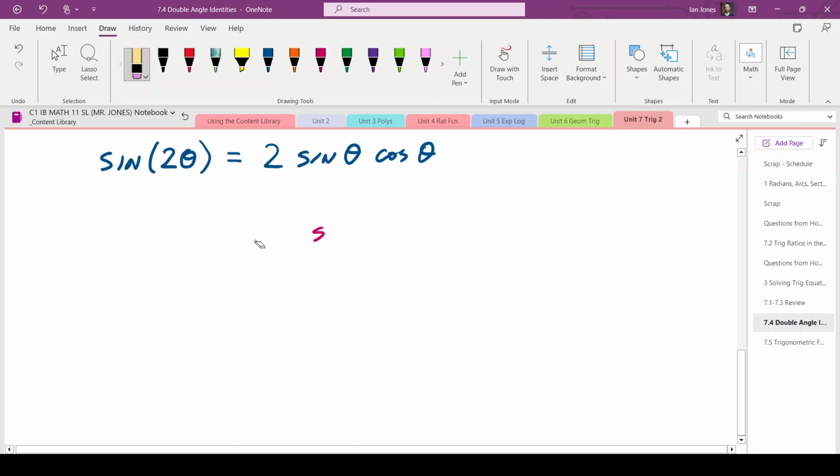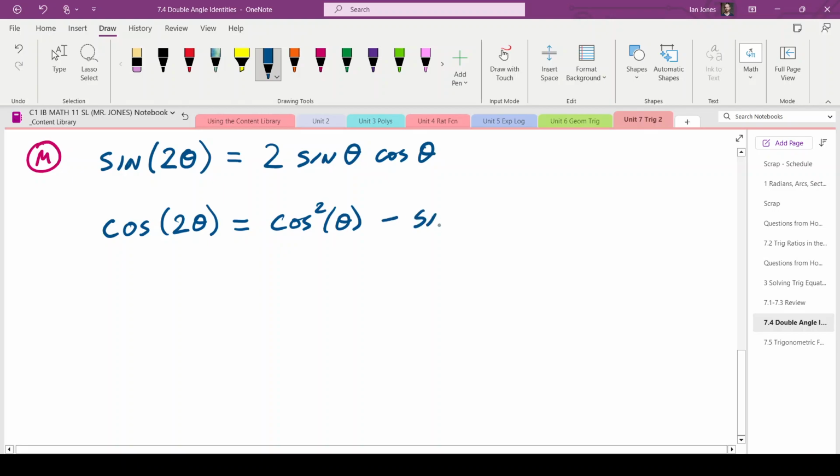I'm going to put in another identity here. So another identity, and again, the proof is in the textbook. Cosine of 2 times theta equals cosine of theta squared minus sine of theta squared. Okay, and remember, cosine of theta squared is cosine of theta, quantity squared. It is not